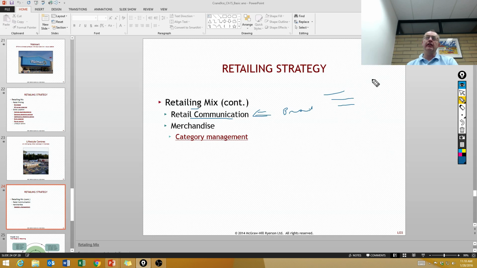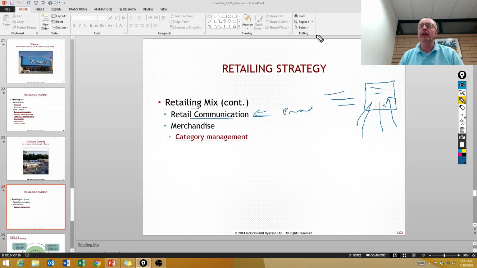I think I've heard that, I should have found an example, but clothing retailers for teenagers are designed for teenagers, and parents don't like going in them because they don't like the music, they don't like the layout, and they're trying to keep parents out of the store, but that's partially part of the attractiveness to the teenagers, because it's a no parent go zone. Anyway, so they create that image that appeals to their particular target market.